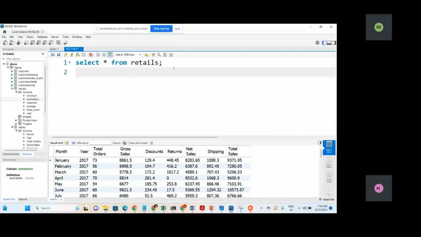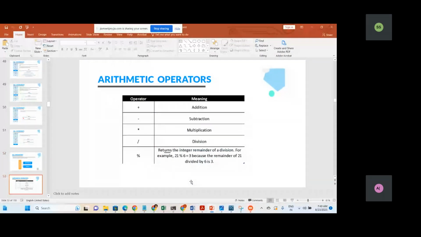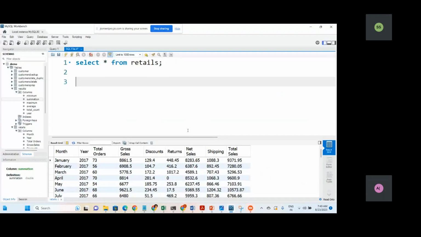First we'll see addition. If you perform an addition operation, the data will be added and we will get the sum as the result. In this case, I'm going to select